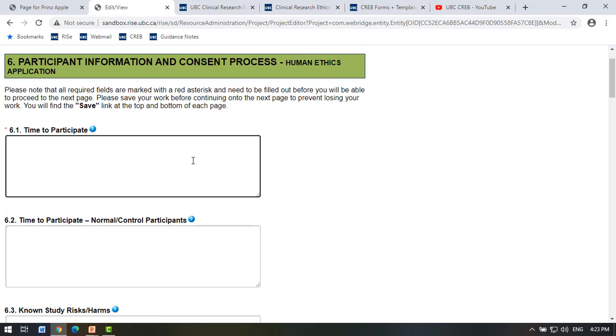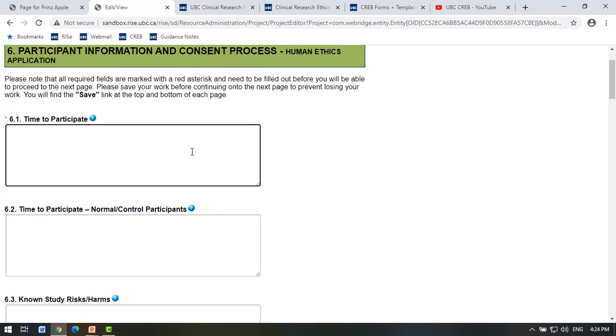What is the time that a participant will need to dedicate for the research? So again, if you're involving patients, make sure that you separate what is part of standard of care and what is research. So let's say if an MRI scan is part of standard of care, then you wouldn't need to add that here. However, the research questionnaires are additional and conducted for research purposes, so you would list them here. You would say visit 1 is 2 hours and